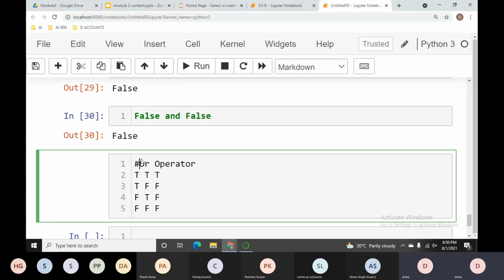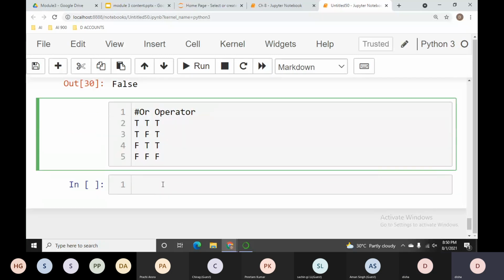Okay, so now let us change the values. This will be true, this will be true, but the last one only when both results are false, otherwise true. But now again, one focus here. When our first operand is true, we will not take care of the second operand. At that time, we were not taking care of the second operand. But in the OR operator, what is happening: when our first operand is true, we will not take care of the second operand because the result is the same, true, right?